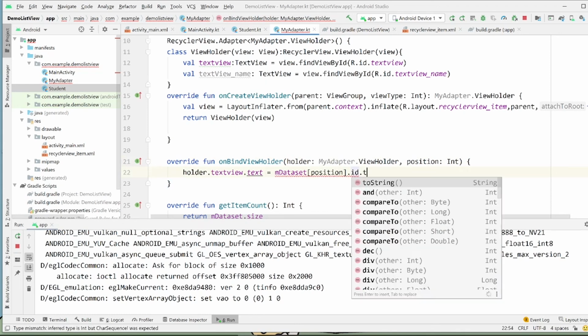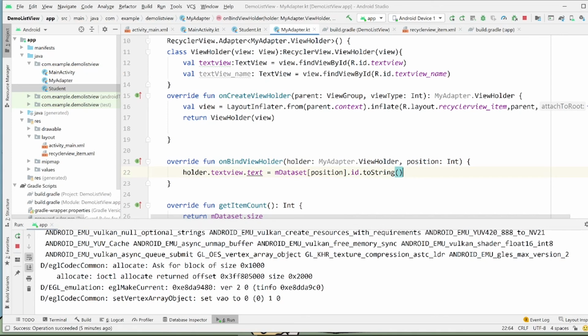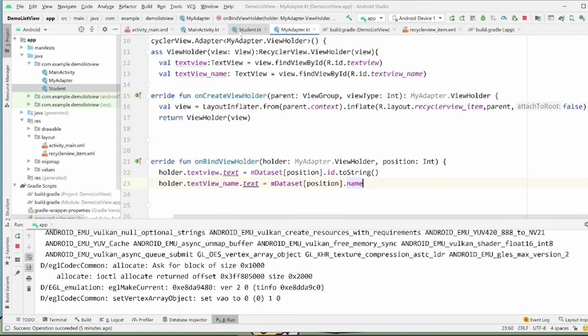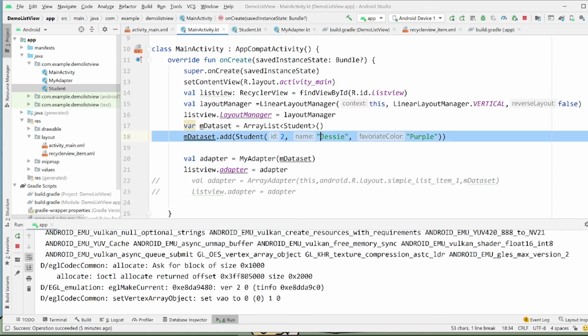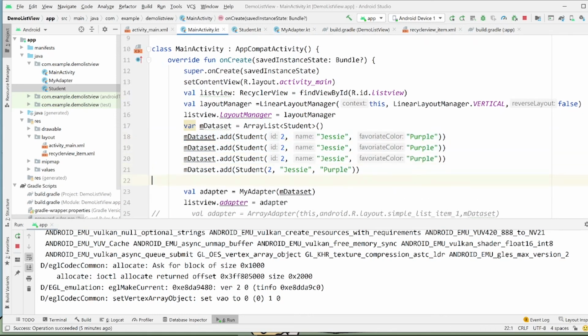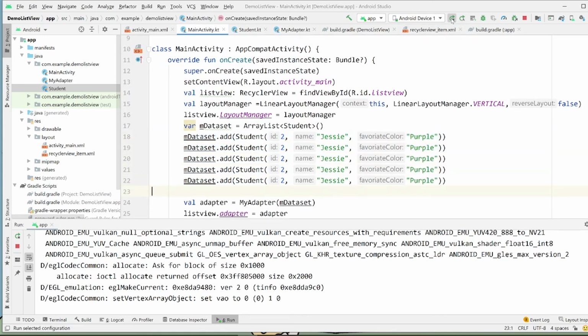But since it's an integer, let's just say toString. And I'm gonna have text view name equal to student's name. And I'm gonna have multiple Jesse because I don't have time to think about other things.